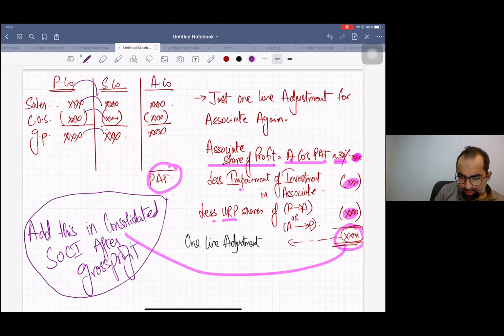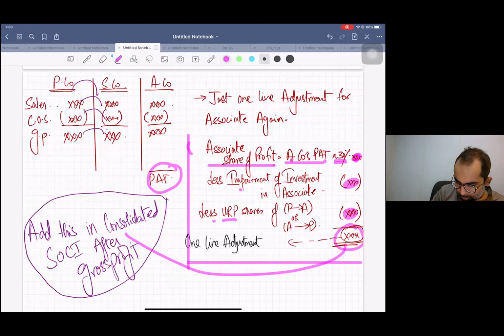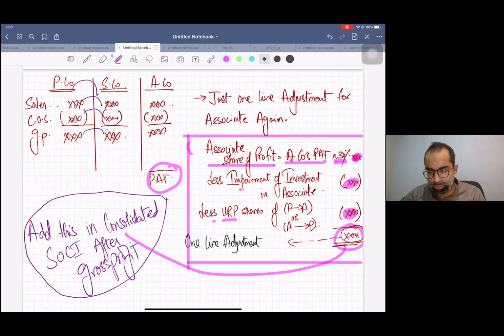See this, let me make the walls. This is a one window. This associate share of profit is a one window thing. Just compute it and adjust it as one line in consolidated income statement. That's it. And one more thing I told you, if it is P to A or A to P, in income statement according to new latest rules, it's simply adjusted